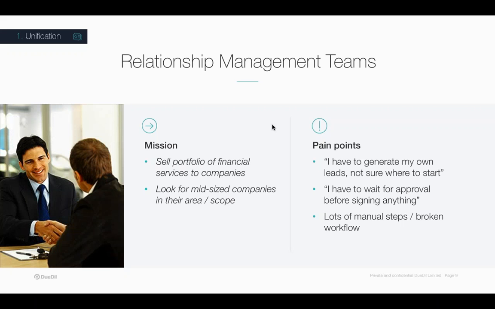So, for example, in relationship management, where they're selling complex or regulated financial products, it can be a very difficult and slow process, especially if you're trying to find mid-sized businesses that aren't on the FTSE 250 or aren't on LinkedIn. It's tough. And then when you do find a prospective client, it can be really frustrating to, after spending time finding them and building a relationship with them, find out later on that they fail credit or compliance checks.